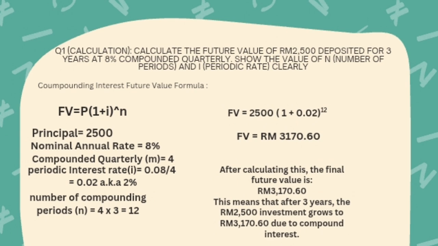Now I substitute all the values into the formula. So it becomes future value equals 2,500 times (1 plus 0.02) to the power of 12. After calculating this, the final future value is 3,170.60. This means that after 3 years, the 2,500 ringgit investment grows to 3,170 ringgit 60 cents due to